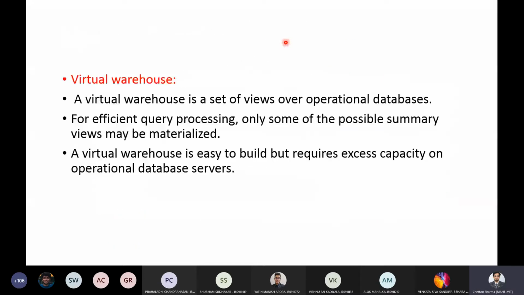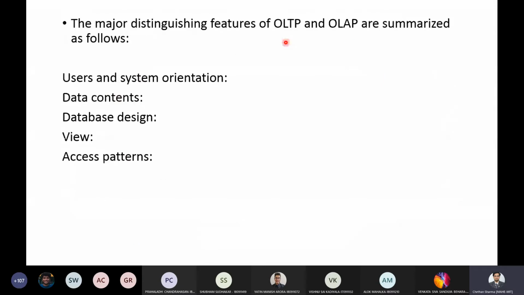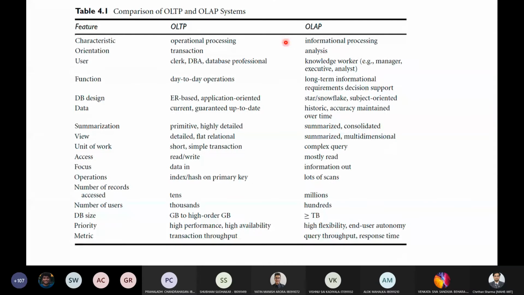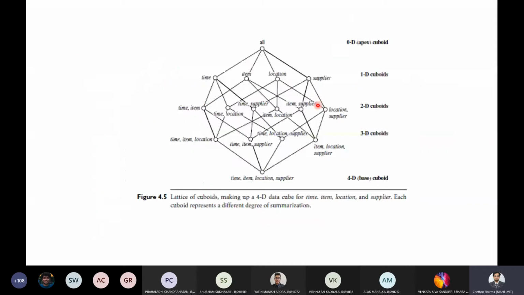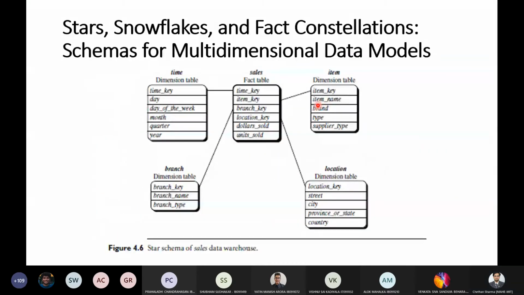If you remember, we had studied this earlier: a database designed for OLTP is ER based, and for OLAP it is star or snowflake. We will see what exactly they are. So if you see this particular figure, this is the star schema.